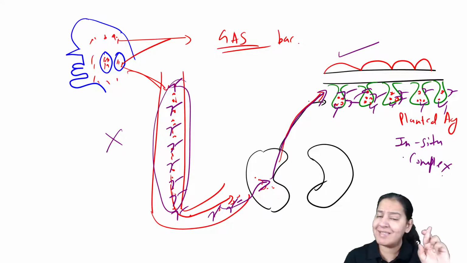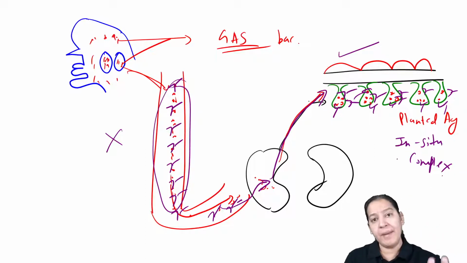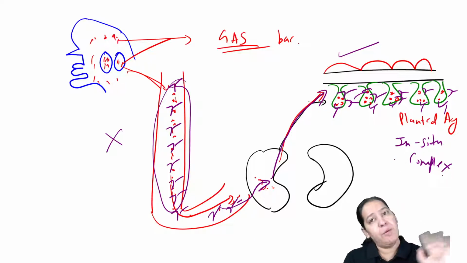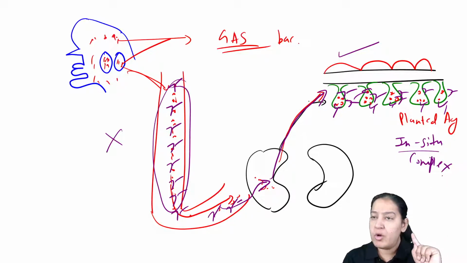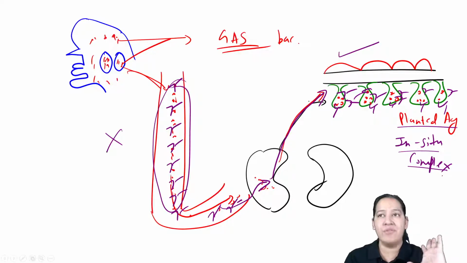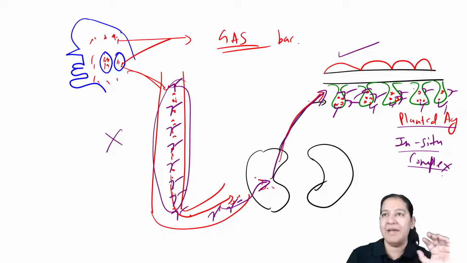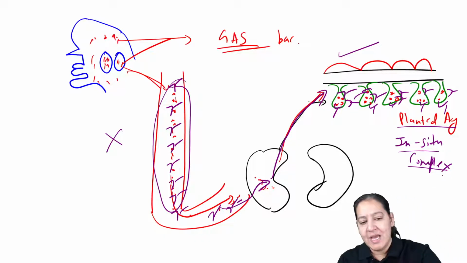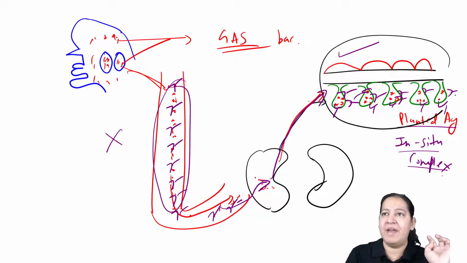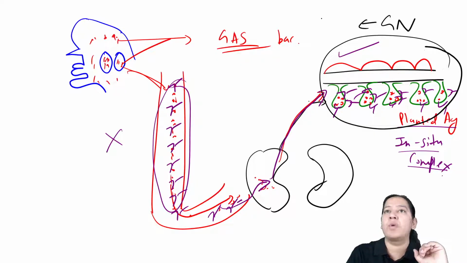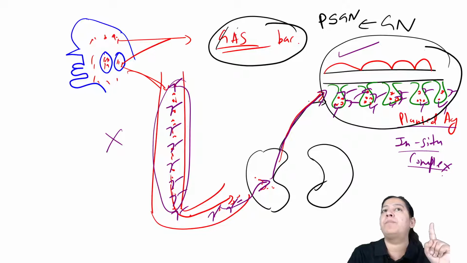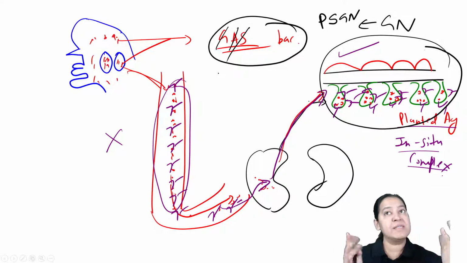Antigen antibody complexes are not coming from the blood. First bacteria coming, getting planted there, and then antibody is coming behind it. So in situ antigen antibody complex formation takes place against a planted antigen, right? So here it will cause damage because of this antigen antibody complex. There is damage in this filtration barrier and it will lead to glomerulonephritis. That's why this glomerulonephritis is known as post-streptococcal glomerulonephritis, because it is occurring after a bacterial infection. The name of the bacteria is group A beta streptococcus. That's why it is known as PSGN.